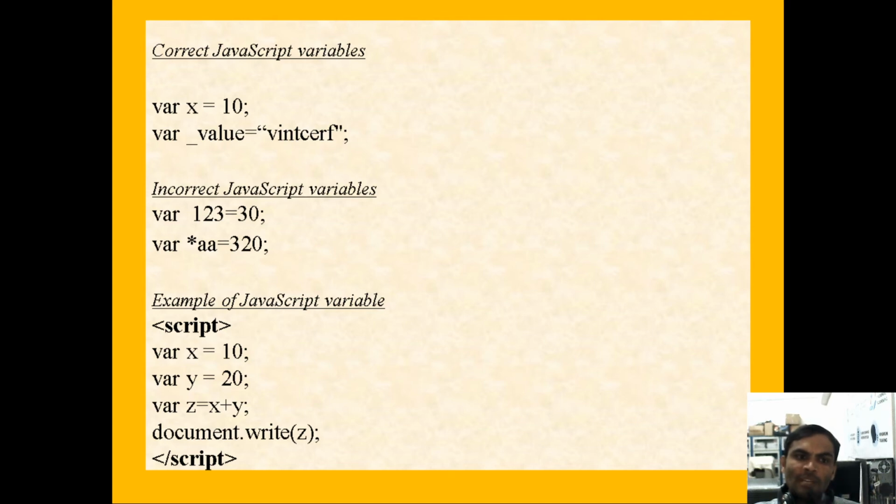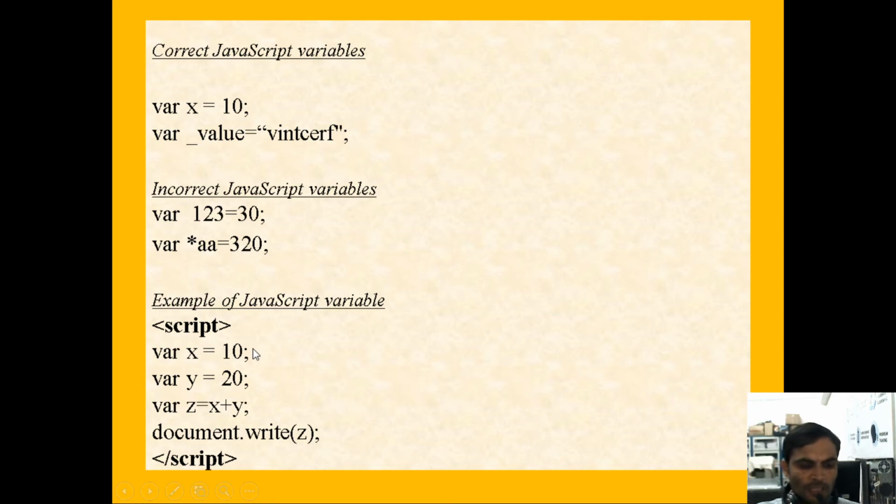Dynamic means that at runtime, based on the lines you have written in the application, the JavaScript compiler defines it dynamically. Now, an incorrect JavaScript variable, such as var asterisk AA, will not work.